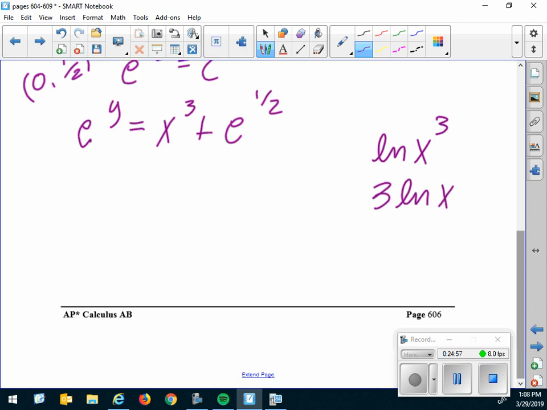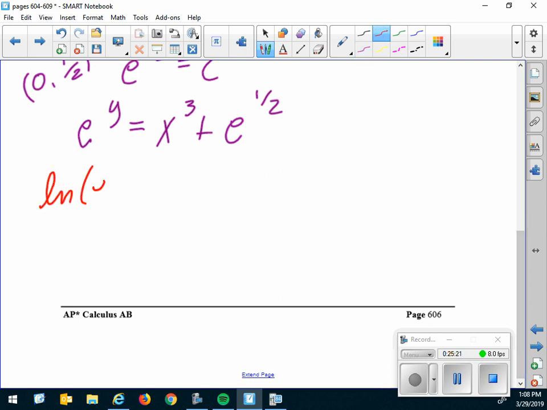Pull that down as the coefficient. You did that in logs in Algebra 2. So what I'm going to do is take the natural log of both sides. So I'm going to write natural log of e to the y equals natural log of,